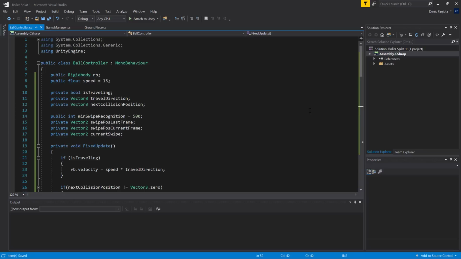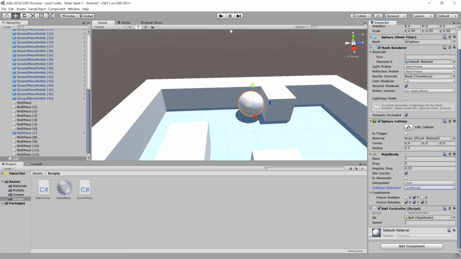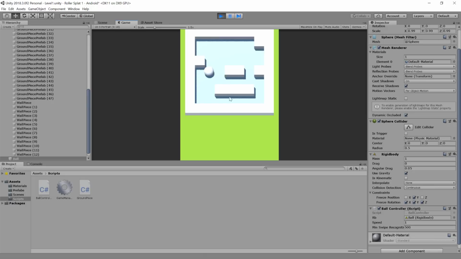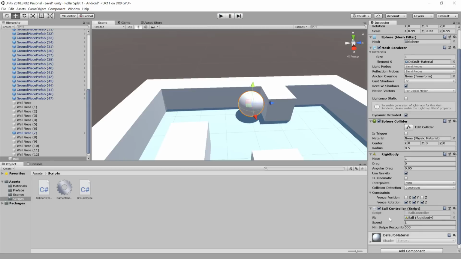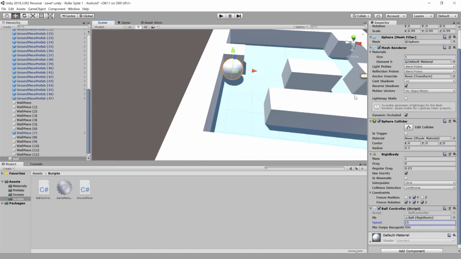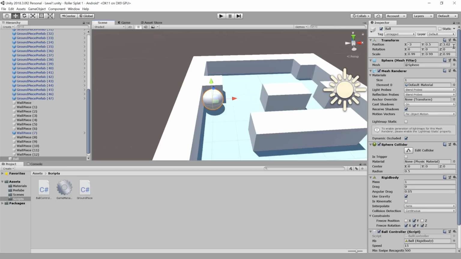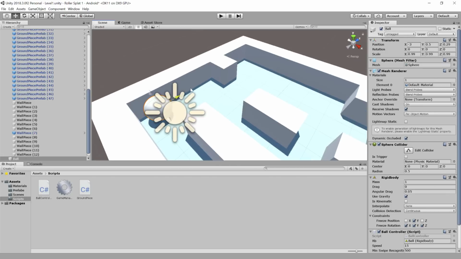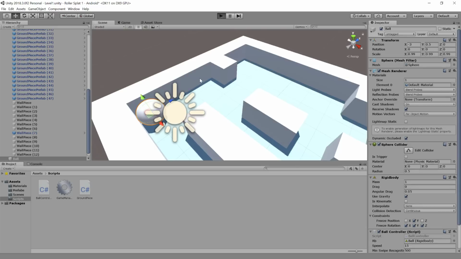I hope after all of this code I didn't lose you, but now we can finally go back and test our code. So now let's run the game, and my ball is at the wrong position, but anyways, as you can see now I changed the speed to 1. Now let's actually stop the game. Let's set the speed to 15, and I'm going to reposition my ball because I want it to be at the bottom here. So this is going to be Z0. Okay, so now let's test it again,